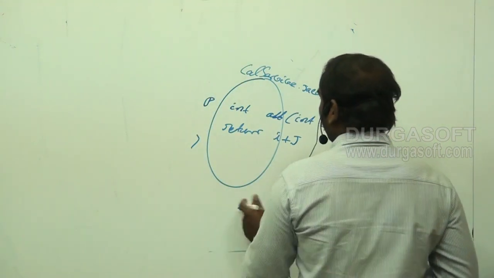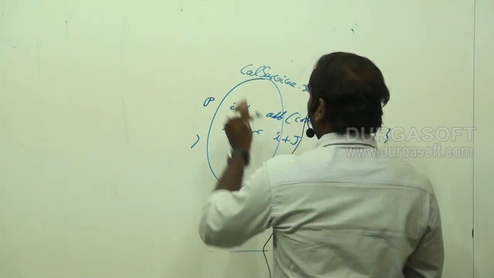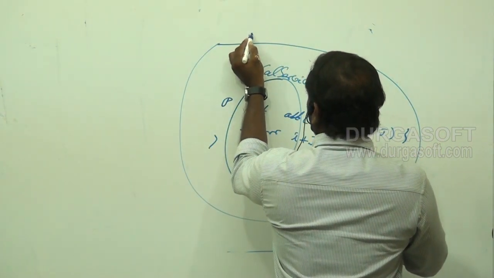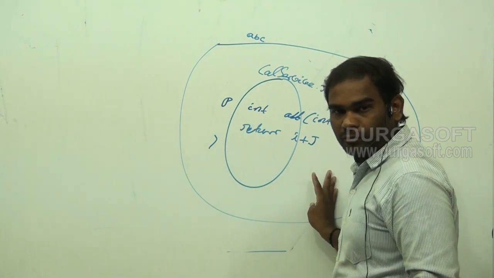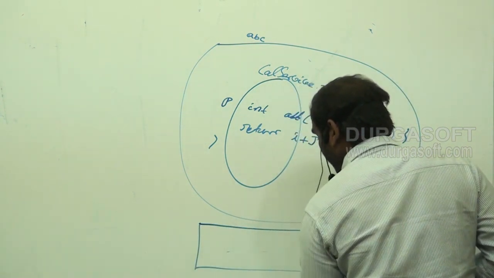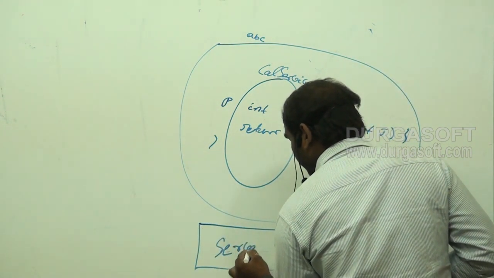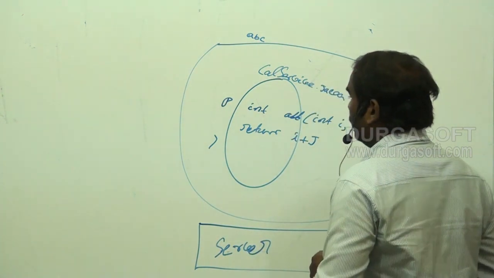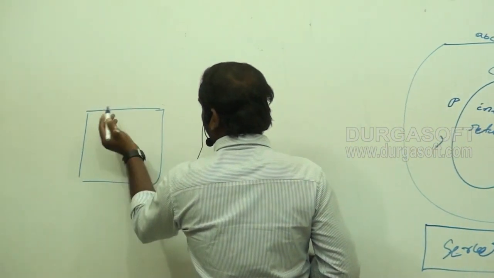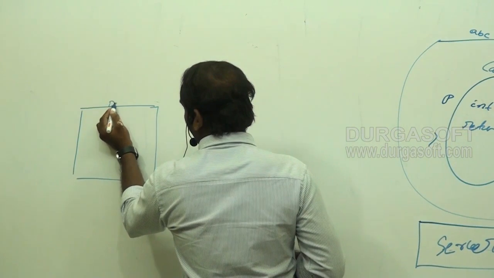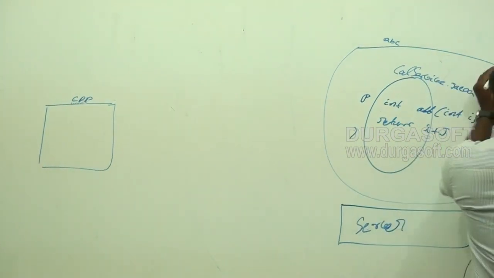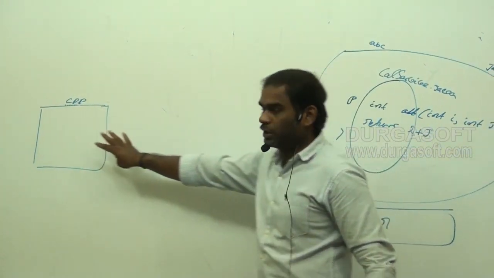Let us assume this is a web application, and the web application name is ABC. This web application is running on one server. Now I have another application, assuming it is developed using .NET technologies, or let us say C++. So this is Java and this is some C++ application.